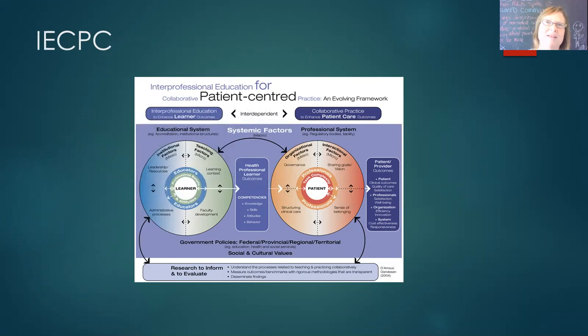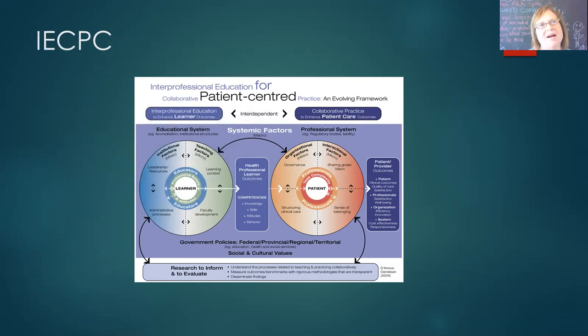And we want to benchmark that and look at the outcomes. So for us, it would be important to take into account student feedback, learner experience in the course, learner experience of the content, and try to figure out, as I think most professors do, are we getting it right? Are we getting it wrong? Are we hitting our mark? Or do you think we're wasting your time? Things that really help us to try to become better, because as we become better and we are more effective in helping to galvanize the next workforce, the people who are going to go out there and make a difference, because your practice is going to be so inherently interprofessional. And then it's important to share those findings, to disseminate those findings with colleagues.